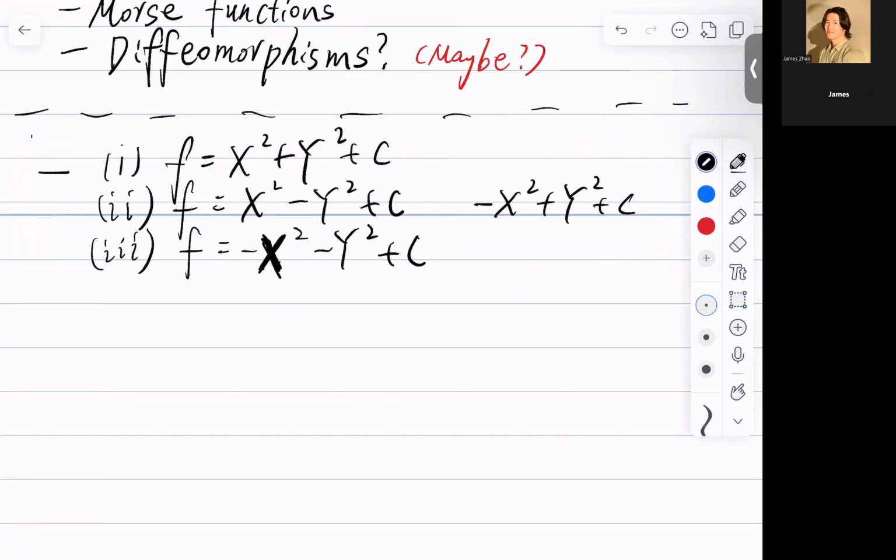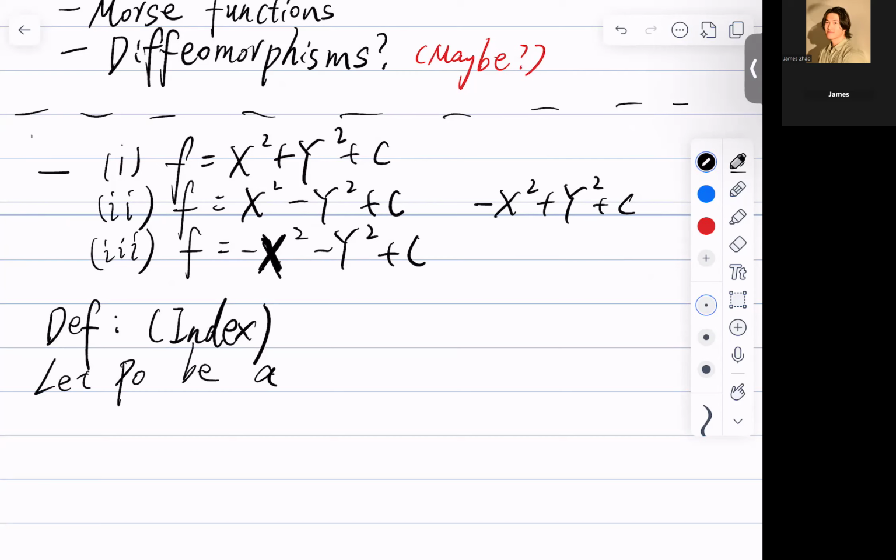Anyways, here, those are the forms that we just saw, the standard forms of our Morse lemma. So here we're going to give a definition. This is the definition for index. Let's state the theorem. Let P naught be a non-degenerate,